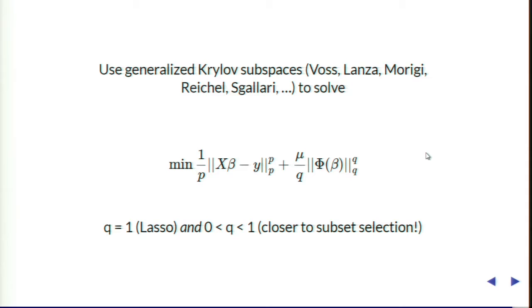But what's so exciting is that some colleagues of mine last year formulated this problem as a projection method problem using Krylov subspaces in a very general form, which will allow us to not only solve the lasso problem, which we can do now, but also solve something much closer to the optimal subset selection algorithm that Wayland was talking about earlier, in a way that we can compute using these methods. So that's ongoing work that Mike and I and Omar Delacruz and Lothar Reichel and many others are going to be working on hard this summer. Hopefully by the fall we'll have some nice new R packages and papers for that.